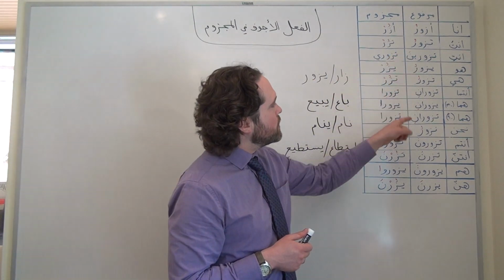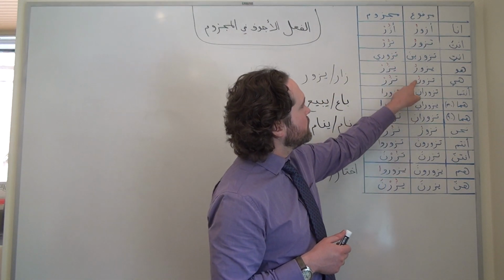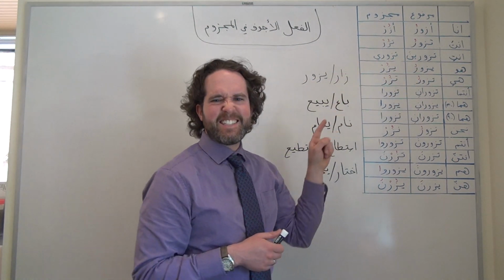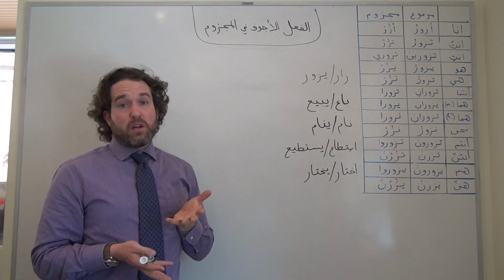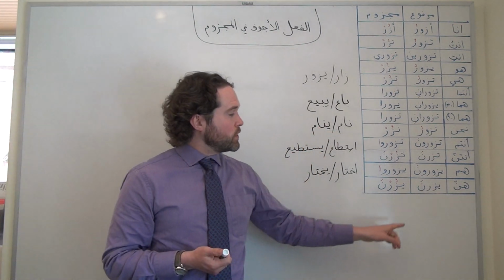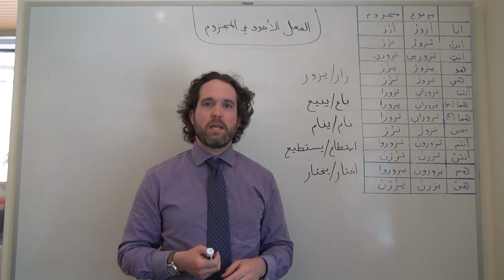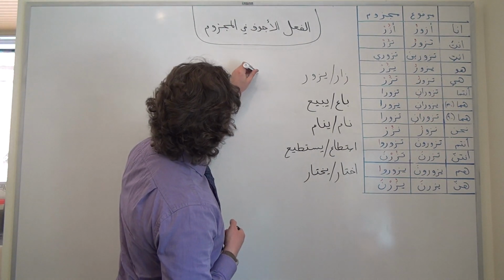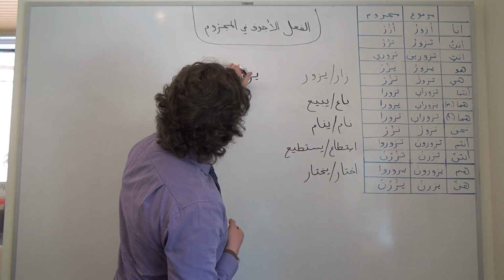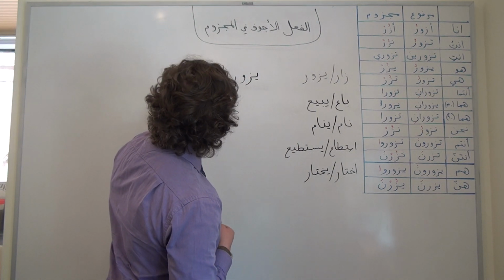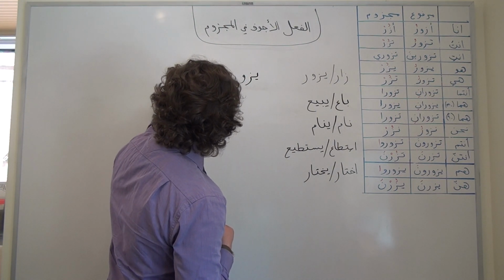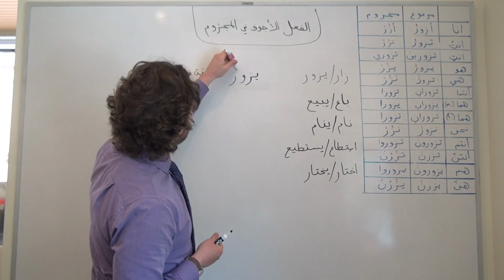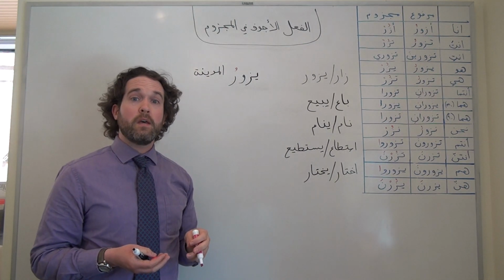Over here, as you can see in marfu'a, we have a dhamma as a case ending on a lot of our conjugations, and over here we have a sukoon instead. If we're constructing a regular affirmative sentence, of course, we're going to use marfu'a. So if we want to say, he is visiting the city, we would say, يزور المدينة. And if it were fully vocalized formal Arabic, we would have a dhamma here. That's just typical with marfu'a.